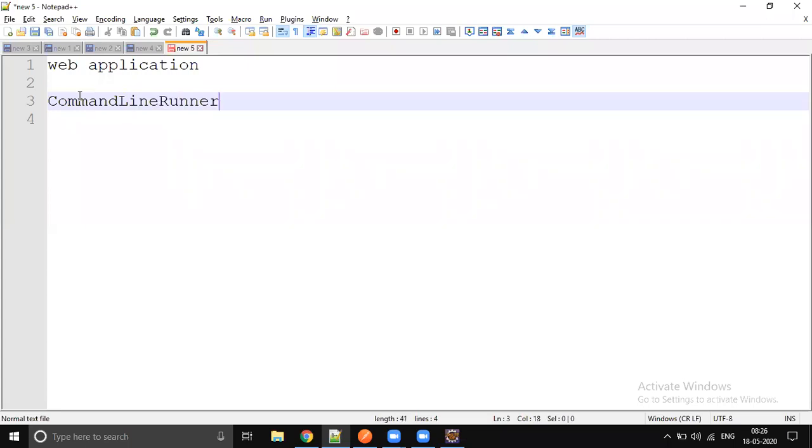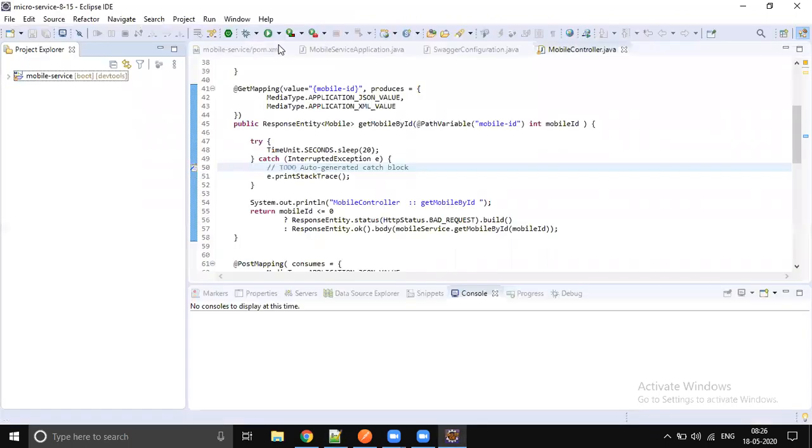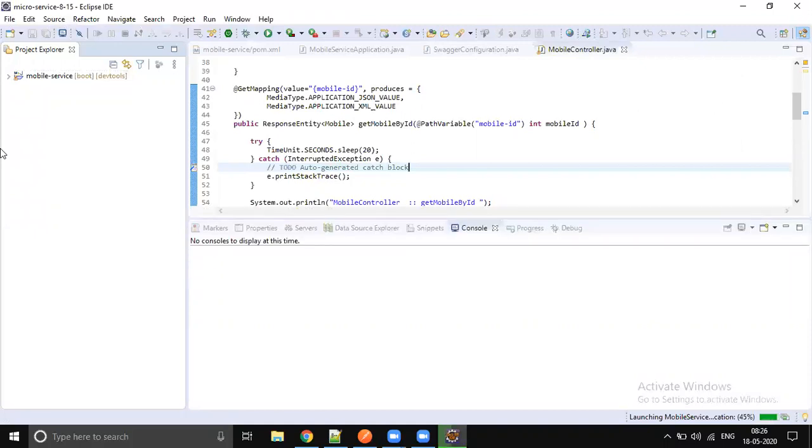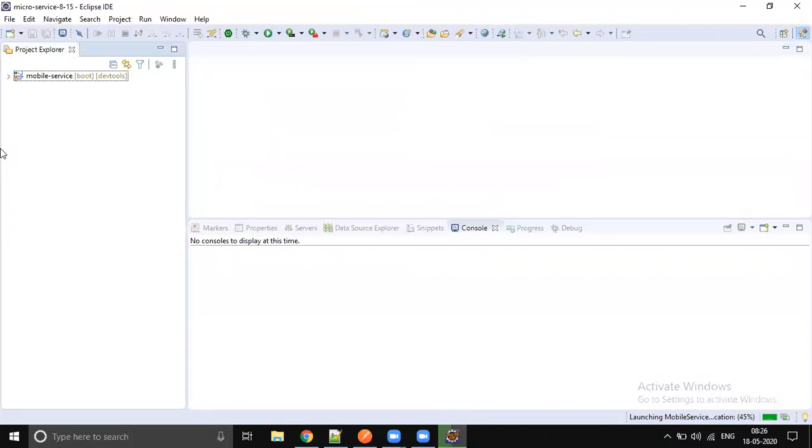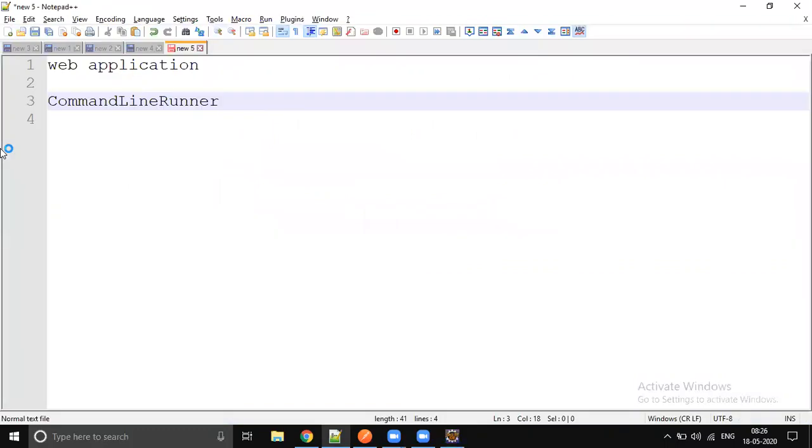We can do it in the main method directly, but that is not the standard. Our Spring Boot application has a main method, and we can directly use that main method, but we don't do that. The standard in Spring Boot, if you want to perform anything as a standalone application, is to perform it like a CommandLineRunner. We already saw there are multiple ways we can implement this. Before Java 8, it was implements CommandLineRunner, but as per the standards we are not supposed to implement any interface or extend any class. So then we changed it.